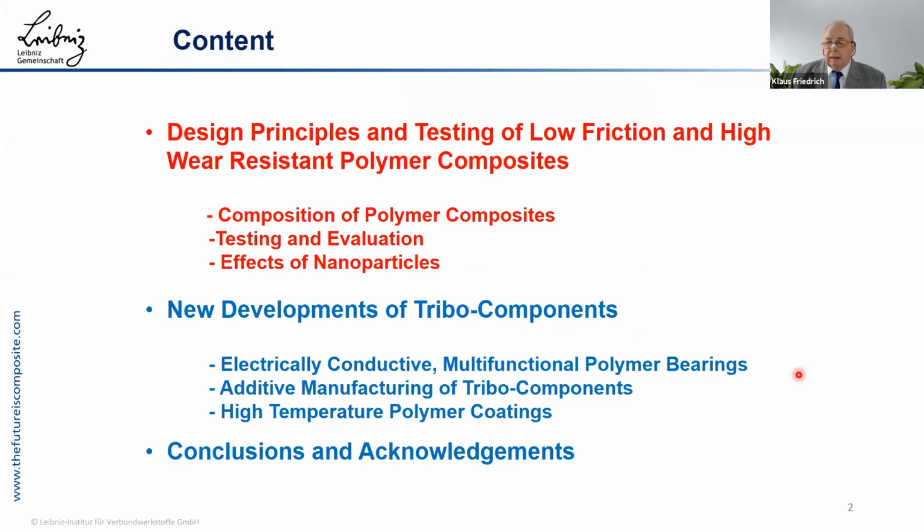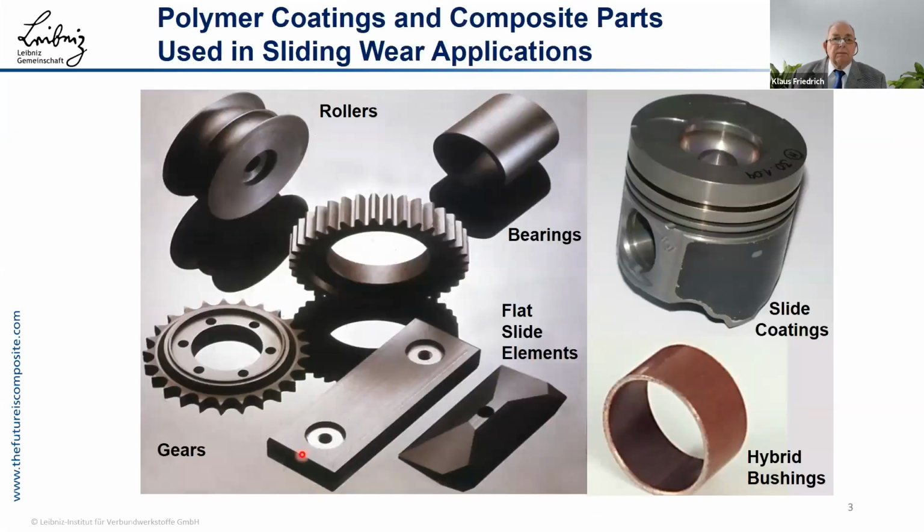So in my presentation, you first will see that polymer composites are already used in many different applications where tribology is a critical issue, not only in bearings or gears or flat sliding elements or rollers, but also sometimes as very thin coatings on a metal substrate. For example, these hybrid bushings, which I will explain a bit more later, and also these kind of thin layers,